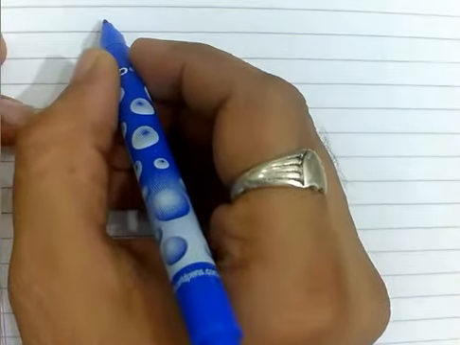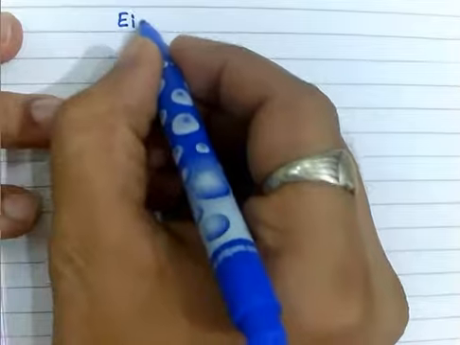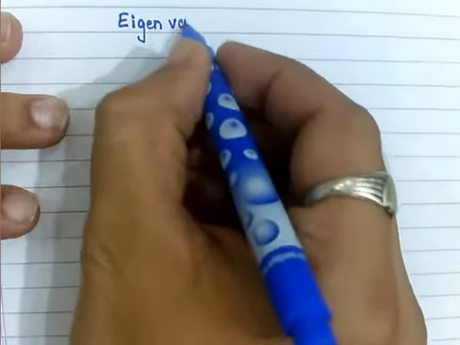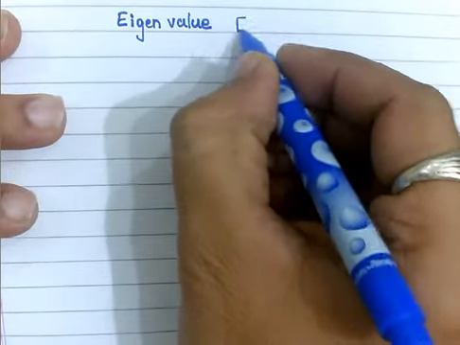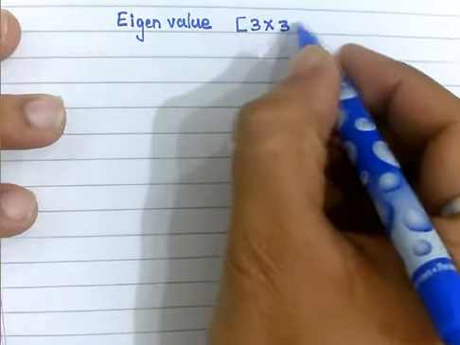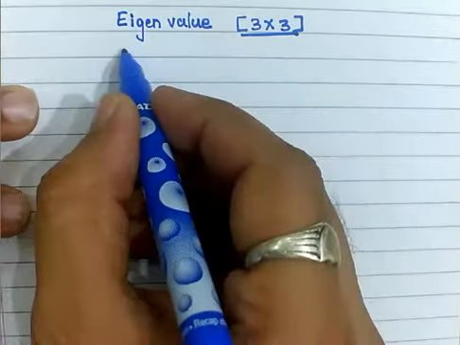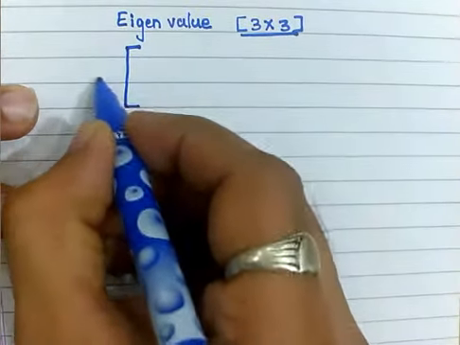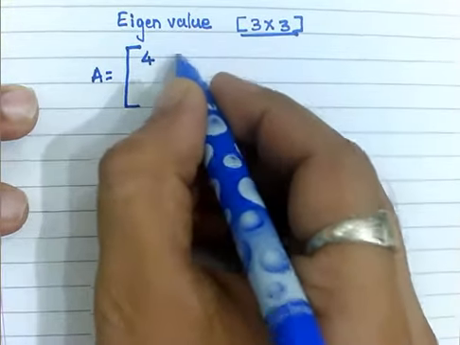Hello students, in this lecture we are going to find out the eigenvalue again, but it is for a 3 by 3 matrix. So let's write it like this. It is a 3 by 3 matrix for which we are finding the eigenvalue. So let's take for example, we are going to find out the eigenvalues for the matrix A equal to 4,